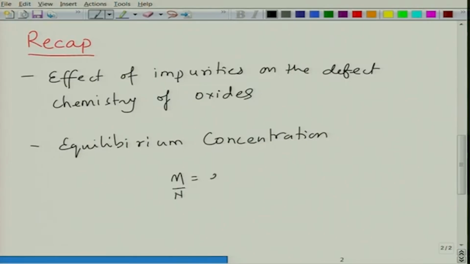And then if you have an equilibrium concentration at a certain temperature, which means the free energy must be minimum at that concentration. So, we took the derivative of free energy as a function of composition, made it equal to 0, and we got the equilibrium concentration, which is n by N equal to exponential of minus delta HF divided by kT. So, this delta HF is basically the enthalpy of vacancy formation,